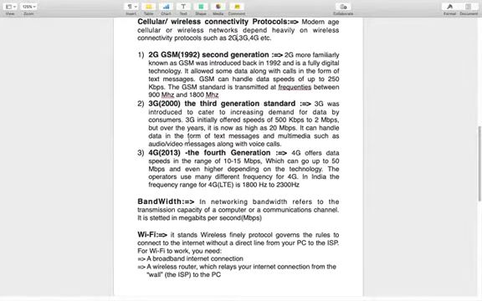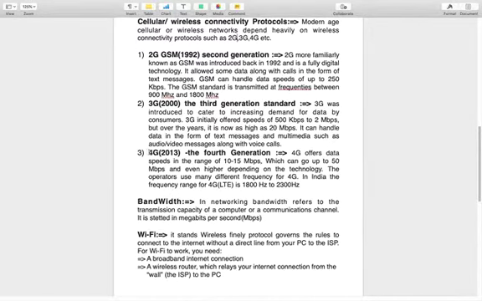It can handle data in the form of text messages and multimedia such as audio and video messages along with voice calls.